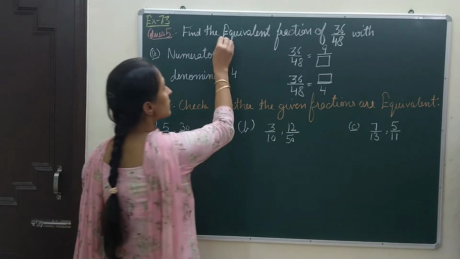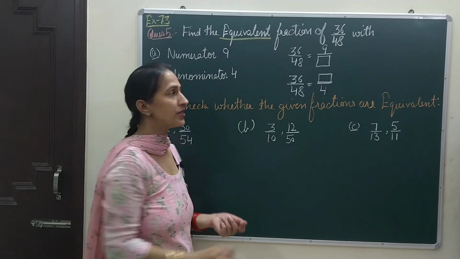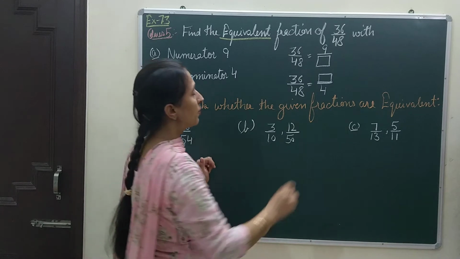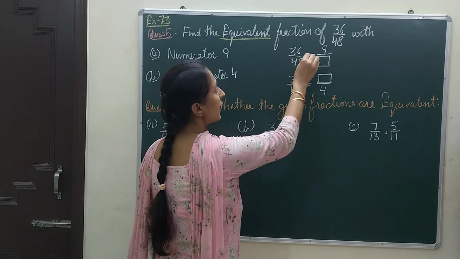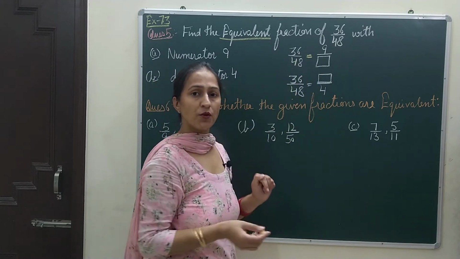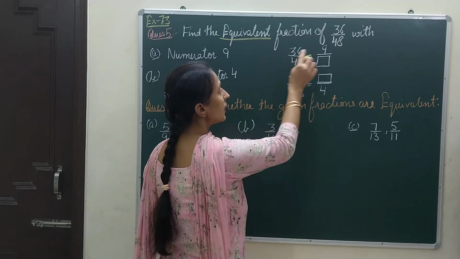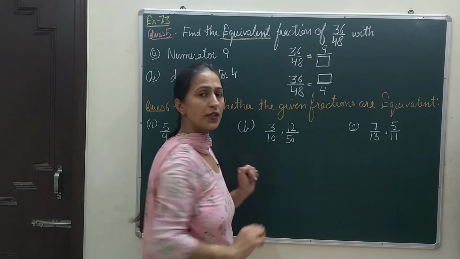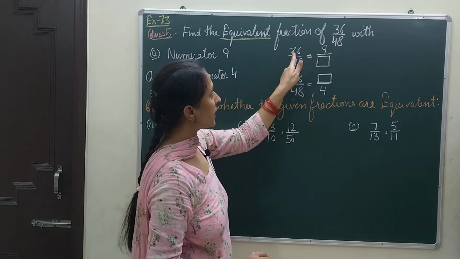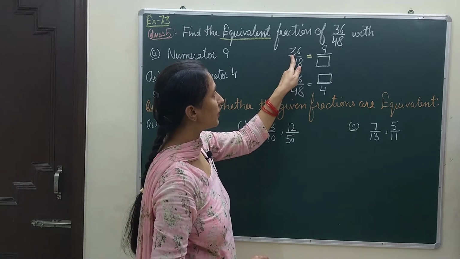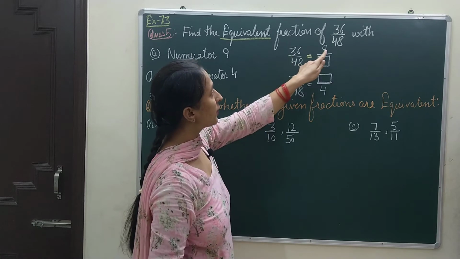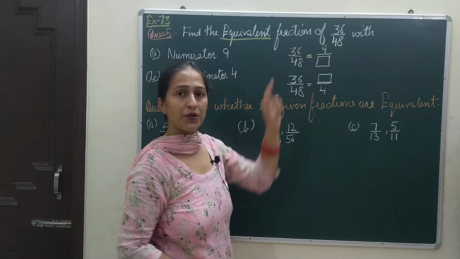So again, as this is the question of equivalent fractions, that means fractions on both the sides must give same value. So for the same value, I have to compare the numerators or denominators, whatever thing is given here. Here we are given that both the numerators are complete, so I am going to start with the numerators. If we see here that 36 is written on the left hand side and 9 is there on the right side. That means in order to get 9 from 36, I have to divide by some number.